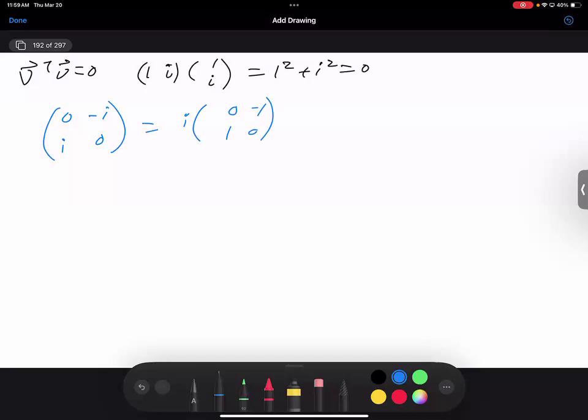So let's just study 0 minus 1, 1, 0, because that extra i is really not changing anything about the eigenvectors. So you've chosen a really good matrix. What does this matrix do? I might have chosen a slightly different matrix, but